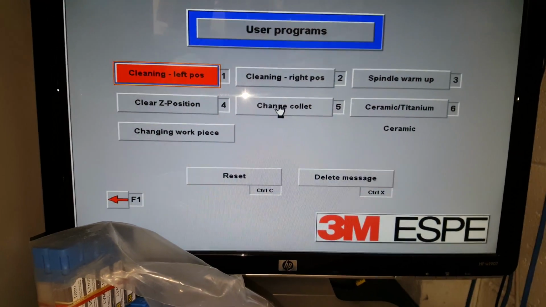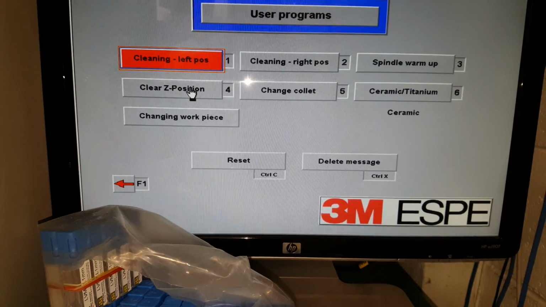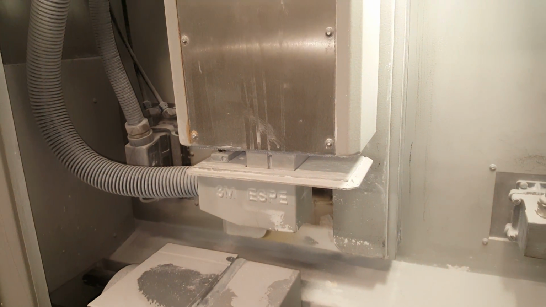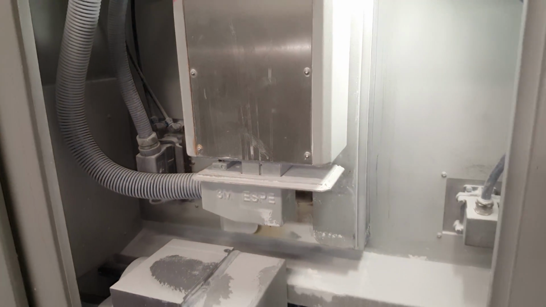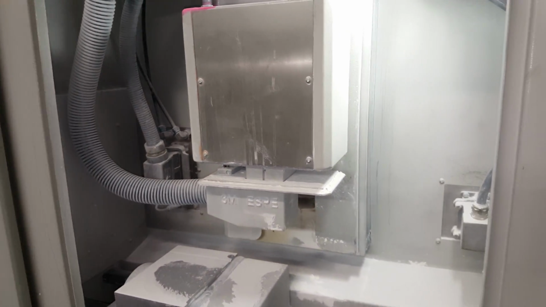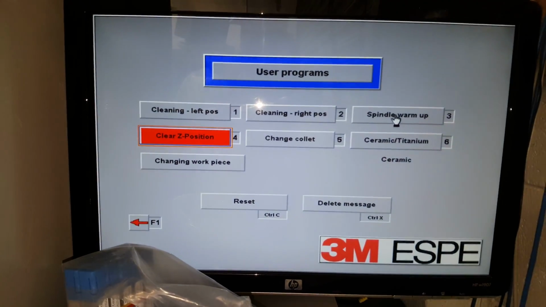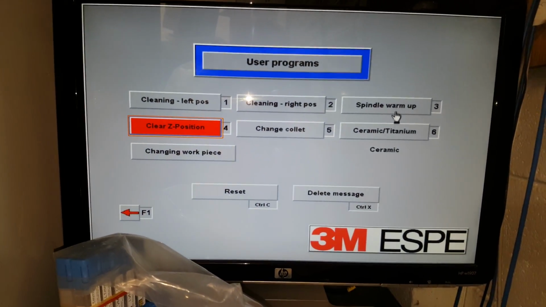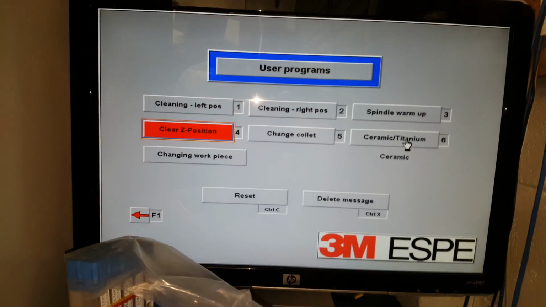Change a collet, retract the Z. This is just move Z up. I think so. I've never tried it actually. Oh, maybe the Z is all the way up. Spindle warm up the machine. This is change machine from